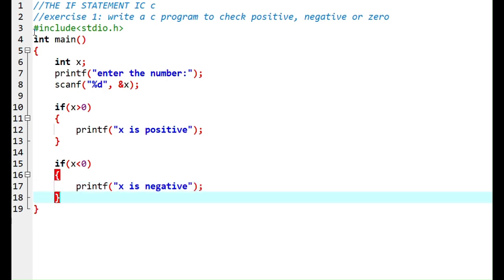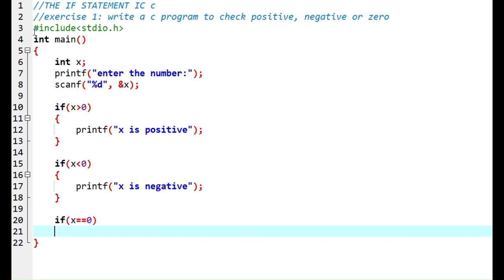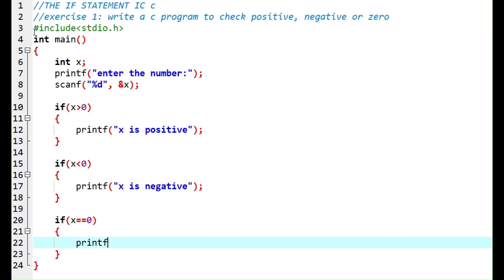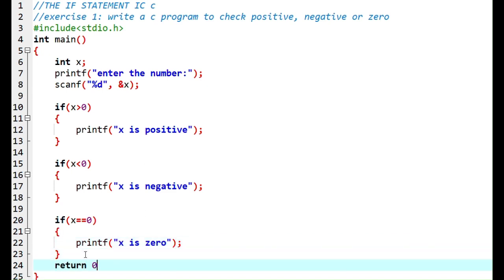Now, if x is equal to 0, printf x is 0. And finally, return 0. This is our C program using the if statement to check if the number is positive, negative, or 0. When the user gives me a number, the compiler checks if this number is positive, negative, or